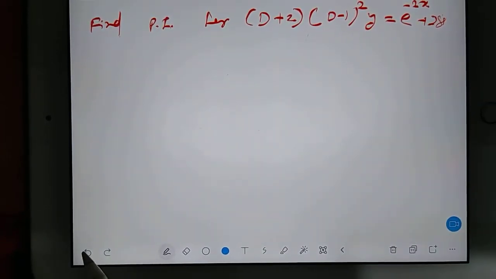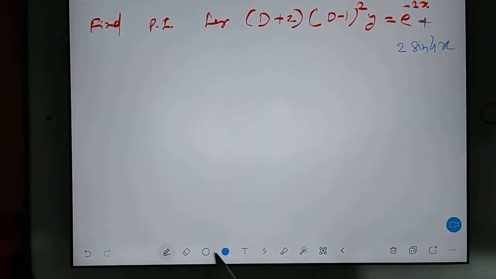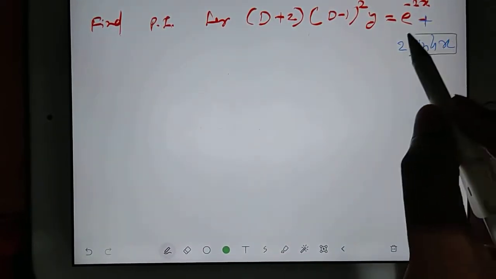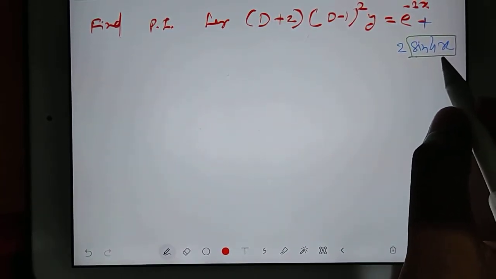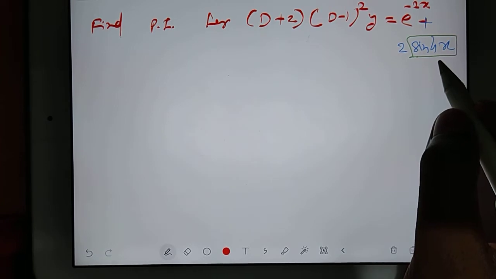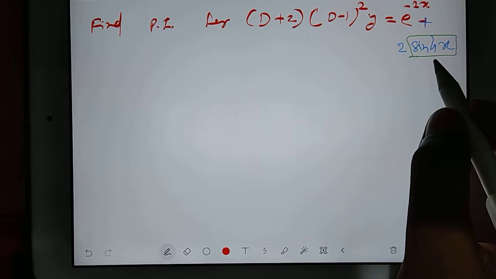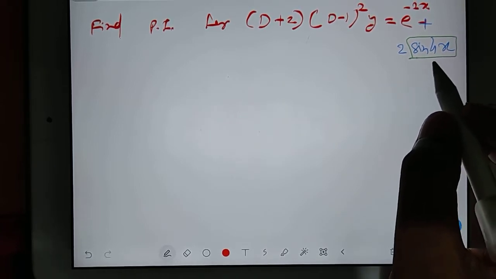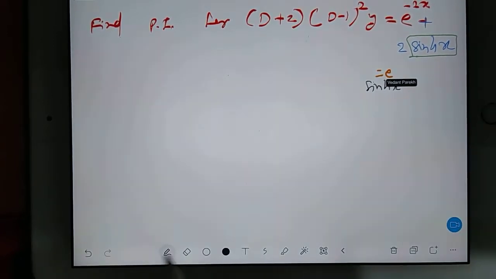Now see, this sinh x, cosh x and tanh x are special functions. They are known as hyperbolic functions. You should know one thing: whenever you have a hyperbolic function, it has its own formula. I mean, sinh x has its own formula. Okay, very good, Vedant. Try to write down the formula.